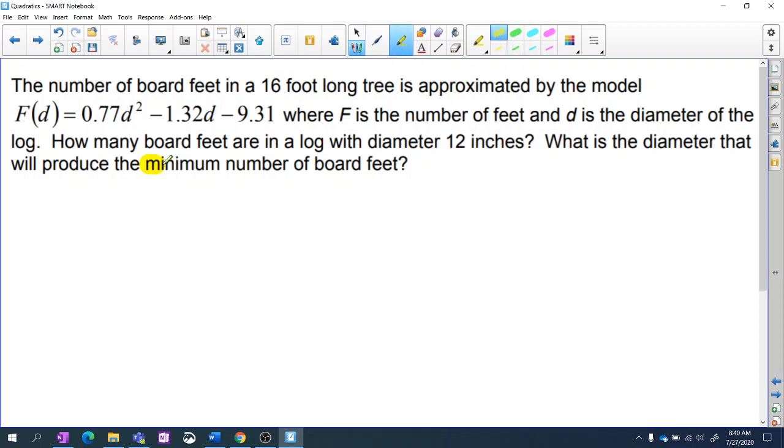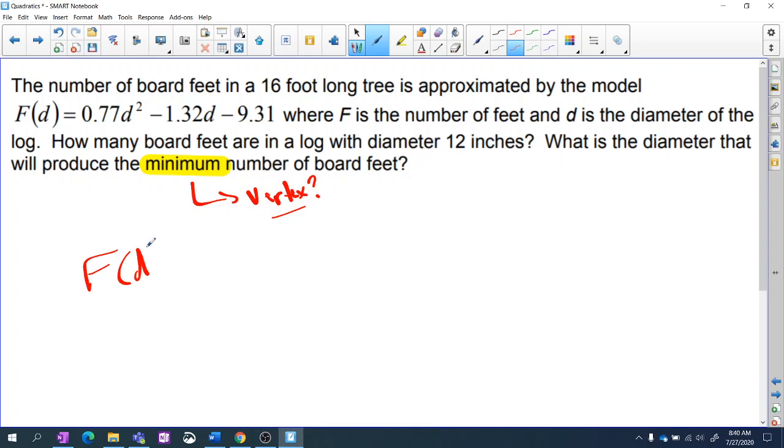it's right there, minimum. So if you're studying quadratics and you see the word maximum or minimum, your brain should instinctively think vertex. So this is going to require us to figure out the vertex. And then we'll interpret the vertex at the end. So here we go, f of d equals 0.77 d squared minus, remember you always have to factor out your leading coefficient, so 1.32